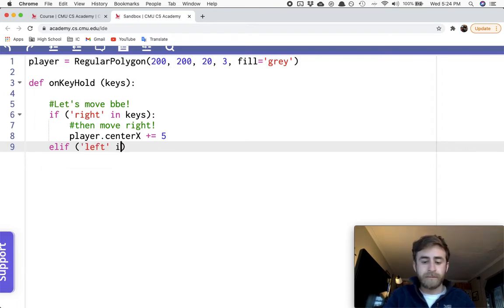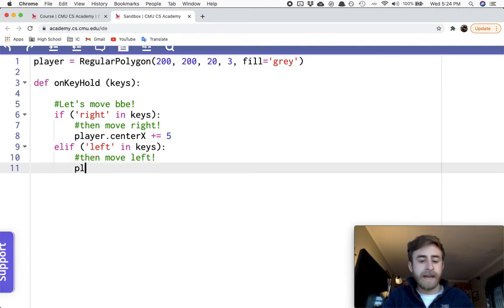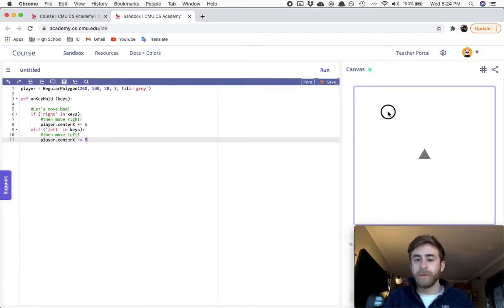left is inside of my list of keys, then move left. And I'll say the player.center x minus equals 5. And this will allow us to now move to the right and then to the left. Ooh,